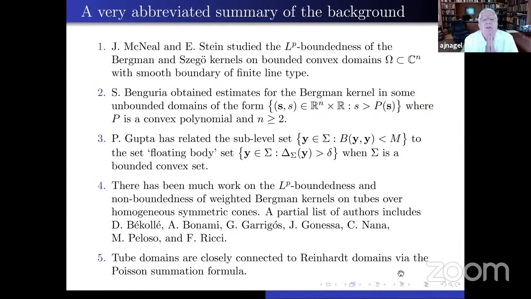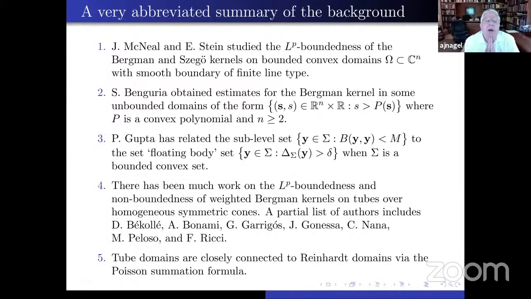So it's a little bit dangerous, with so many experts listening, to try to talk about some background material. There's a huge literature on all of this, but I thought I ought to mention at least a few important points. McNeal and Stein studied L^p boundedness of Bergman and Szegő kernels in bounded convex domains of finite type. There, the analysis was based on the d-bar problem, and the geometry was somehow based on maximal polydisks that could be embedded